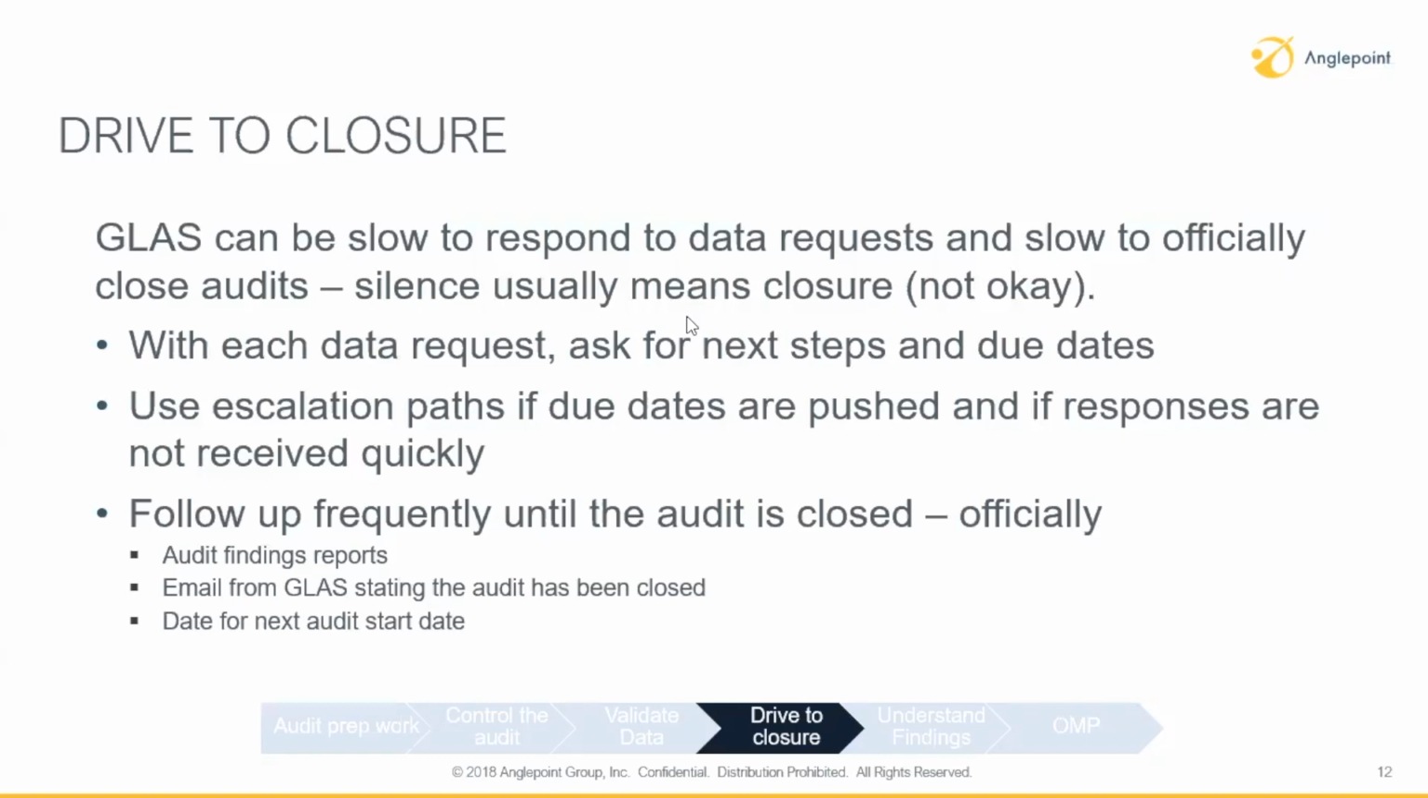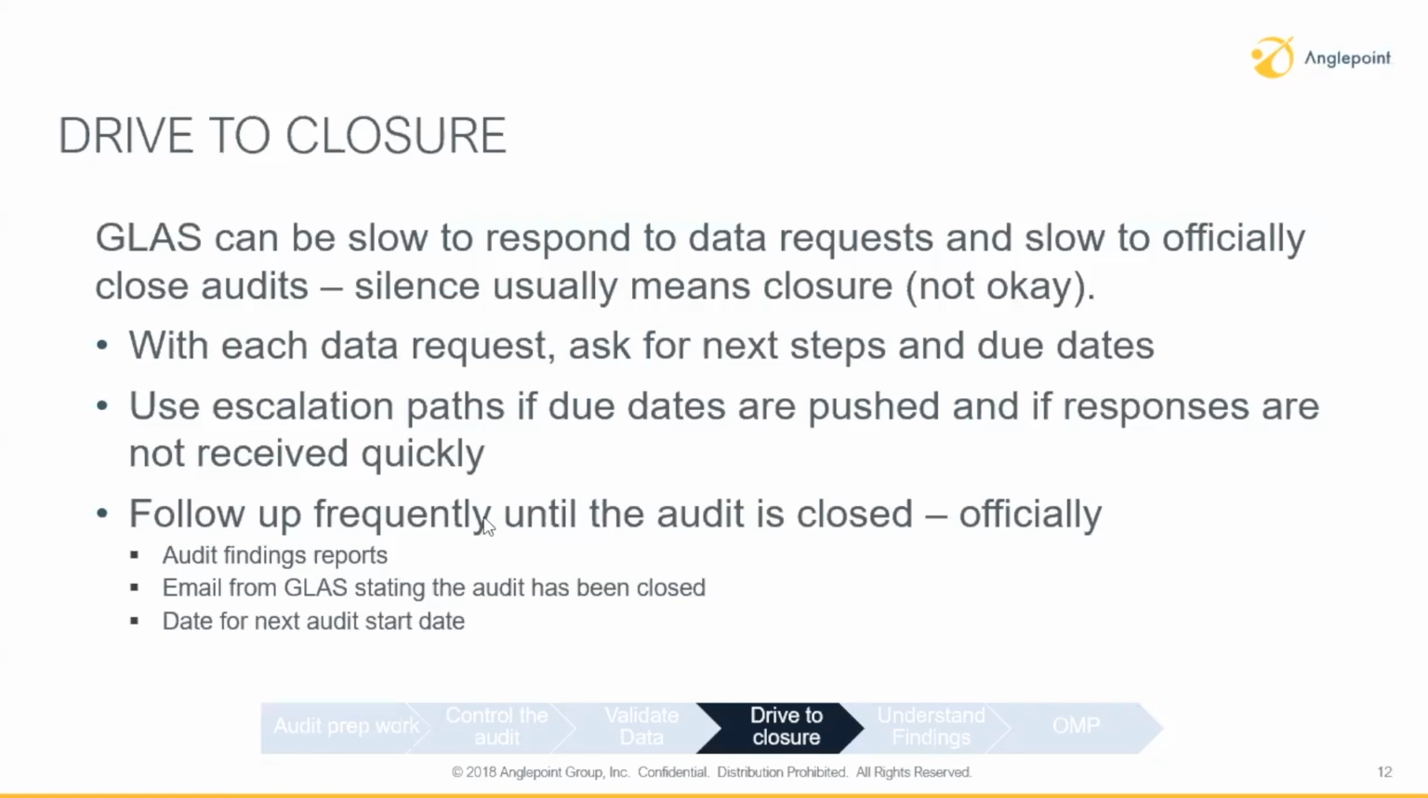SAP sometimes can drag audits out for months on end. As Ben mentioned, they can go even longer than a year. We have one licensee that we've worked with in the past that had an audit going for more than a year, and that's too long. The audit should be closed quicker than that. So how do we drive to closure? SAP notoriously can be slow to respond once data